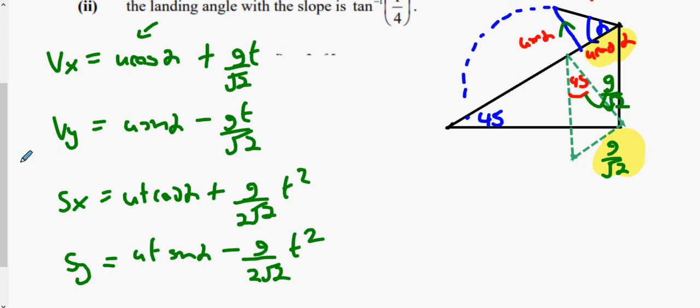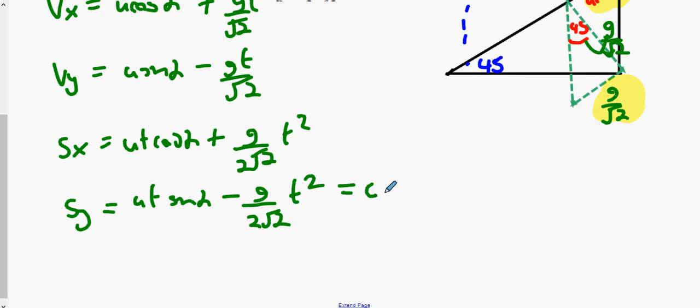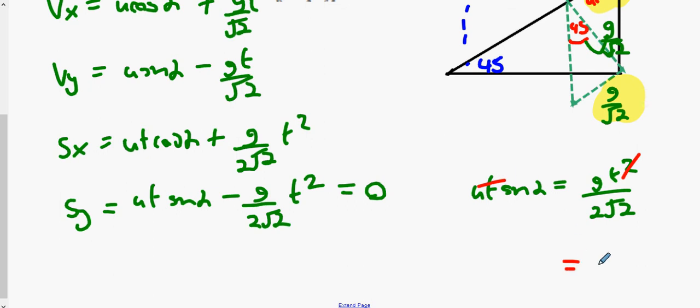Now, what on God's green earth does it want from me? Particle hits the slope after 3 seconds. What does that mean? Time of flight is 3 seconds. How do you find the time of flight? Sy equals 0. So we get ut sine alpha equals gt squared over 2 root 2. The t's will cancel. And we get t equals 2 root 2 u sine alpha